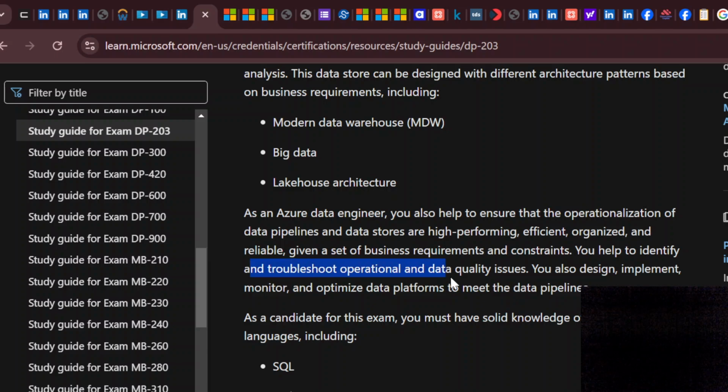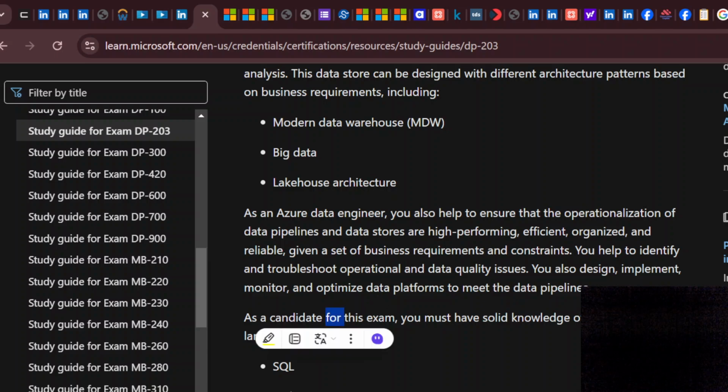You help to identify and troubleshoot operationalization and data quality issues. You also design, implement, monitor, and optimize the data platform to meet the needs of the data pipelines. So the data platform or the data stores should be designed, implemented, monitored, and optimized to meet the data pipelines. The data pipeline usually is Azure Data Factory, or the inbuilt data pipelines inside